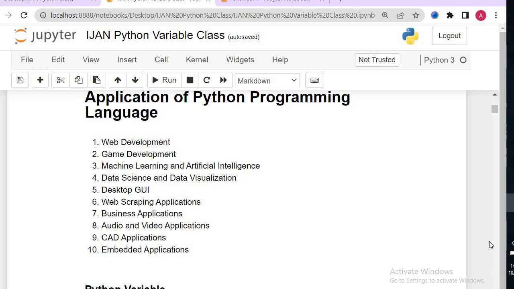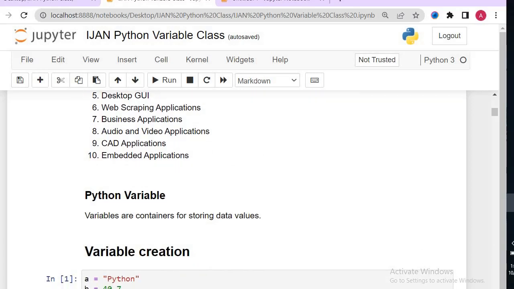But I'm just letting us know that if you really know this language, it's diverse, you can use it anywhere. So after that being said, let's move on. So Python variable. If we are talking about Python, I've been introducing us to the applications and the definition, but one of the important things that we also need to consider is